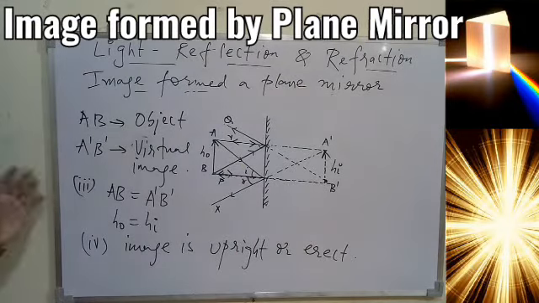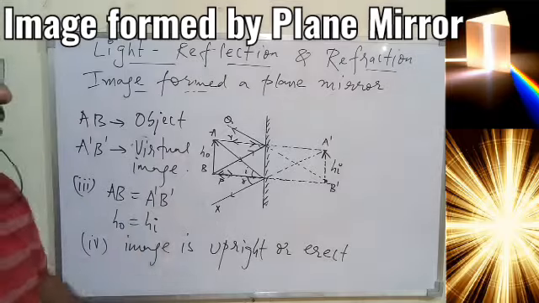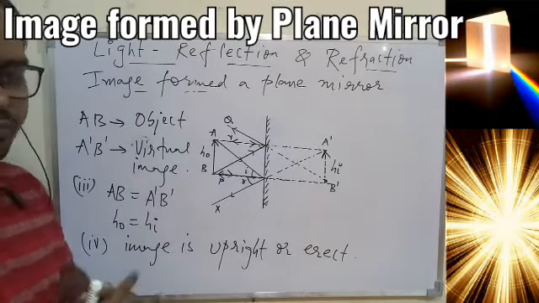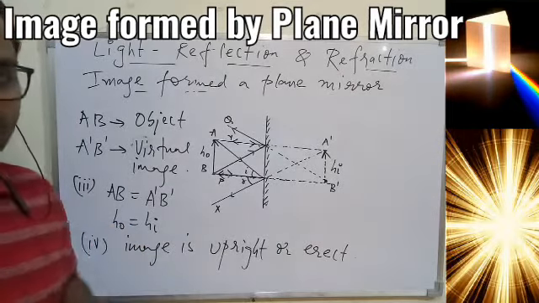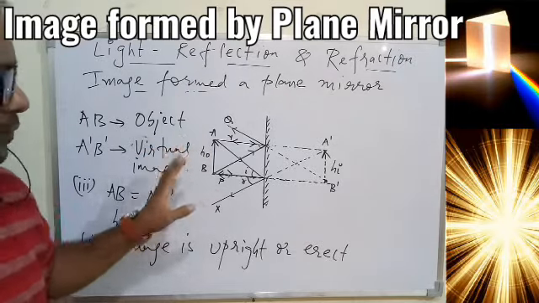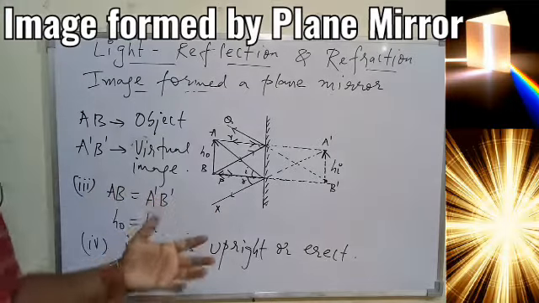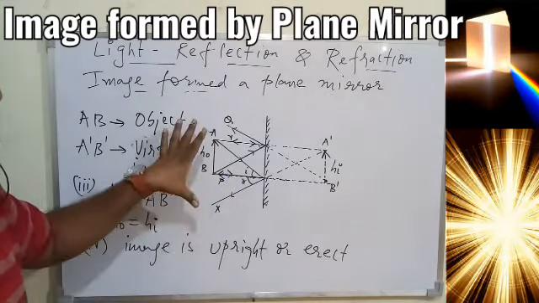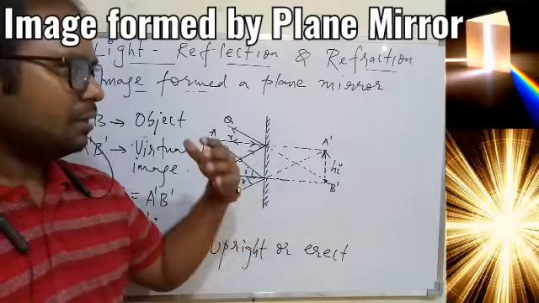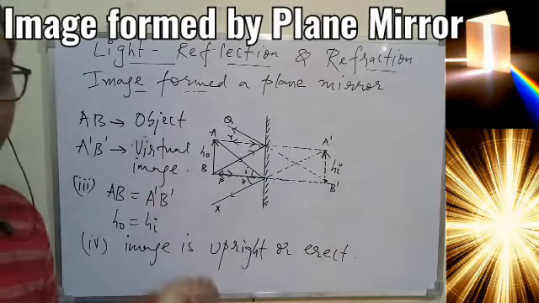I hope you understood the basic properties of the image formed by a plane mirror with the help of the diagram. The diagram looks very complicated, but once you do it yourself, applying the laws of reflection, you are able to do it automatically and then you have more clarity. But overall you have to remember, for each point at least 2 rays of light we have to take, that should fall on the mirror and they should be reflected back. Once they reflect, we have to see if they are converging or diverging. If they are diverging, we have to extend them backward. Wherever they meet, they will form the virtual image. If they converge, they will form the real image.